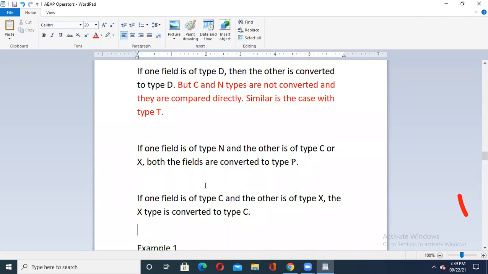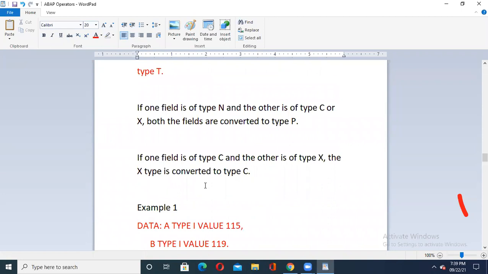Another point: if one data type is of type C, and another value is of type X, meaning one is character and the other is a byte value or hexadecimal value, then the X type, the hexadecimal value, is converted to type C, the character. They convert it and show it.